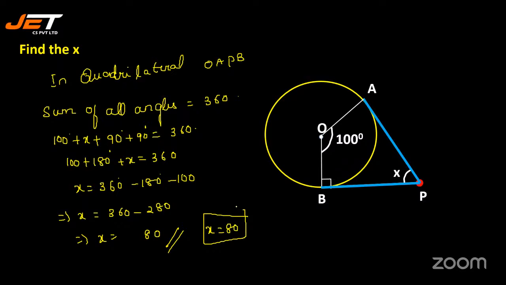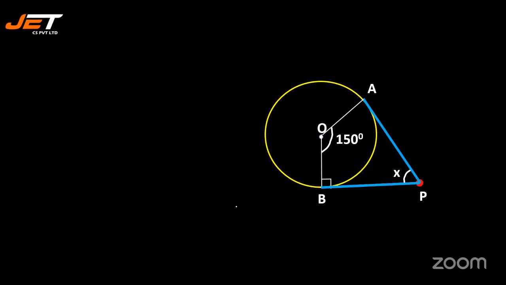Yes. So hope it is clear and you all are getting the same answers. With this, let's move on to the next one. So earlier we had 100 and now we have 150. So again, we are asked to find out the x. So in quadrilateral OAPB,